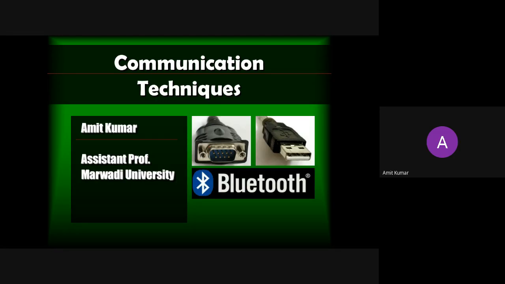If it is in parallel form, then it is very much easier as compared to the serial communication. Although it's an easier process in the parallel communication, we are using serial communication widely for long distance communication because of the cost involved in the parallel communication. So say for example, if you are having eight parallel lines and we want to communicate at 10 kilometers, so you need 10 wires of 10 kilometers to communicate.